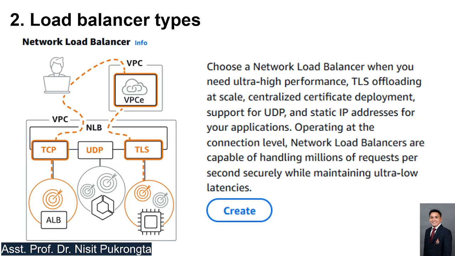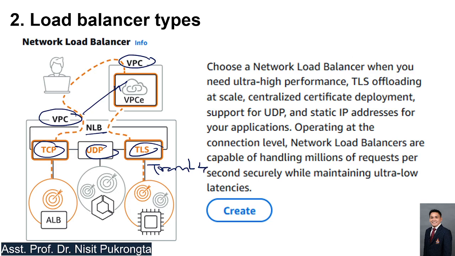But for the Network Load Balancer, what is different? We focus on the VPC, the network part. It means load balancing for the VPC session. With the Network Load Balancer we focus on TCP, UDP, and TLS. This is for transport layer 4.